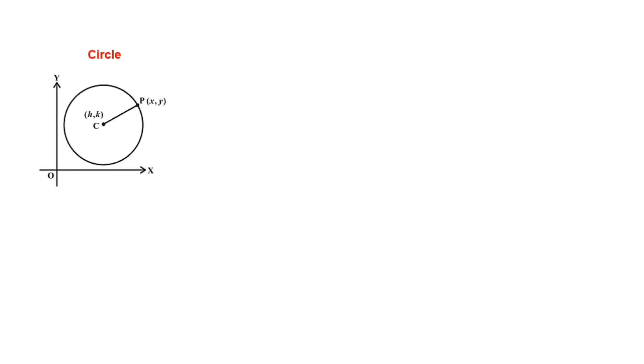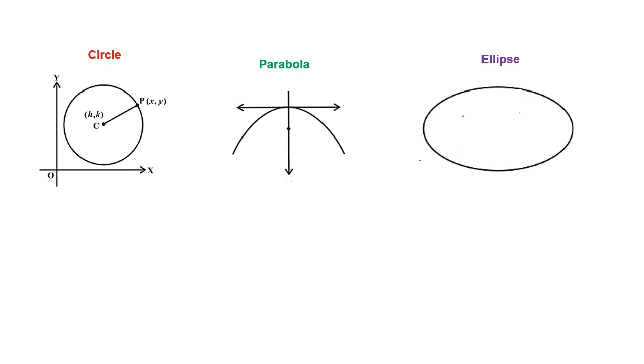You must also have heard about parabola in physics. When we throw an object into the air, it will always follow a parabolic path. The word ellipse must also be familiar because you learned that our Earth orbits around the Sun in an elliptical path. Now, hyperbola is relatively a new shape. Whenever we study pressure versus volume diagrams in chemistry, some of these diagrams are actually hyperbolic in nature.